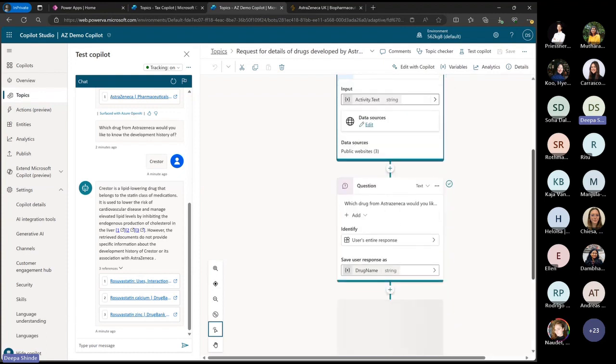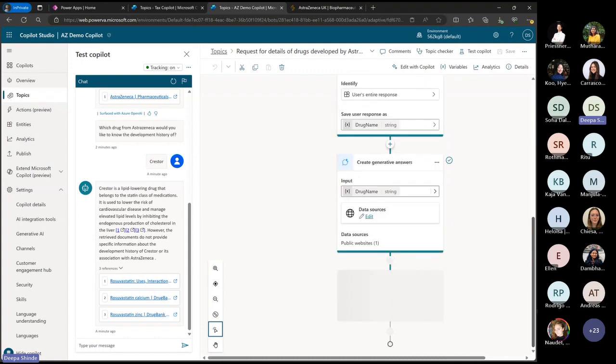So that's, in a nutshell, a very quick overview of Copilot Studio. And like I said, you would get more details in the documentation that the folks from the mentor team would share, which will have more information about how you build Copilot Studios and also how you use some of the Azure services as well.